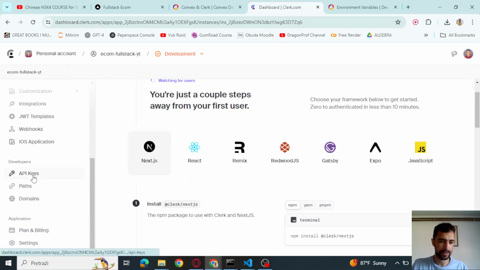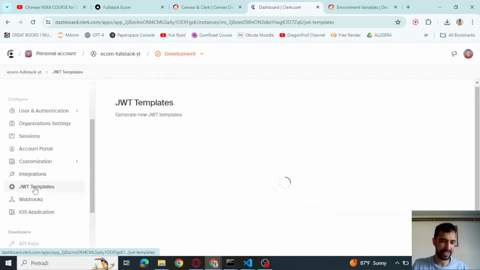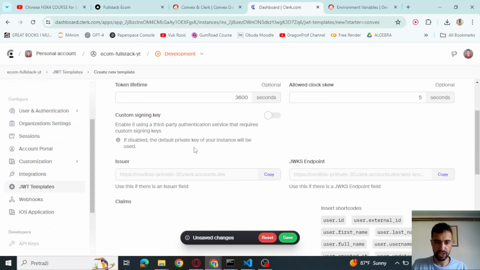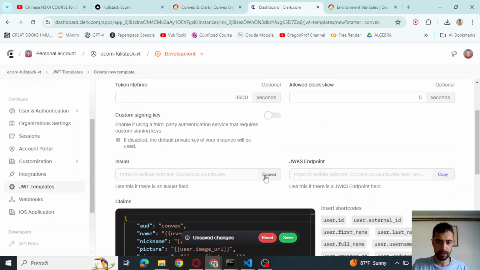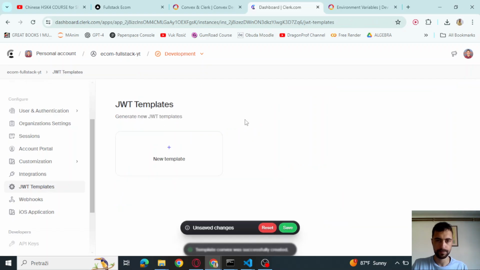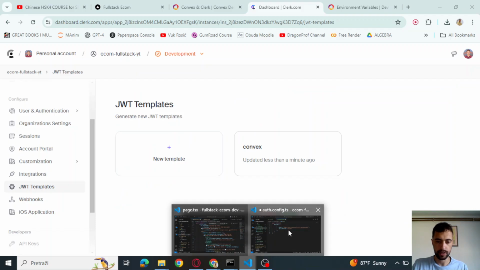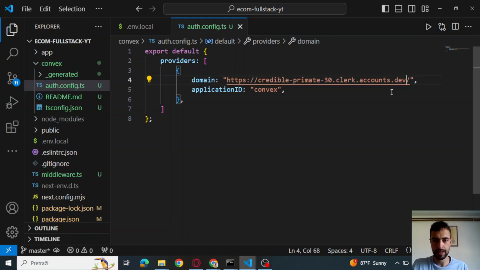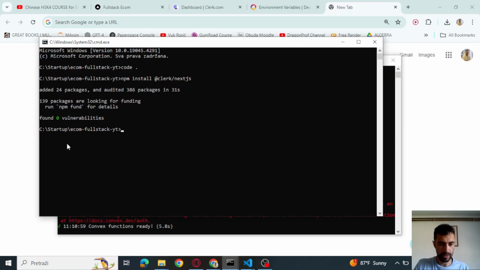Actually, I think let's just go down on the sidebar to JWT templates and create a new template and click Convex. And don't change anything, just copy this issuer URL and save this template. And now go back to where you have auth config ts and replace this URL like this. Now let's npm run dev, and this will run for me